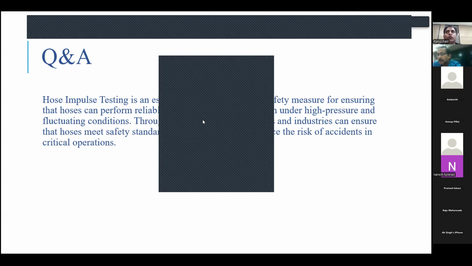We need to know the overall requirement, and we can do it, no problem. What is the facility available for the minimum and maximum sizes, sir? Minimum, I think we don't have any issue. Maximum is up to 2 inch we can do, and there is a specific standard for carrying out the impulsation